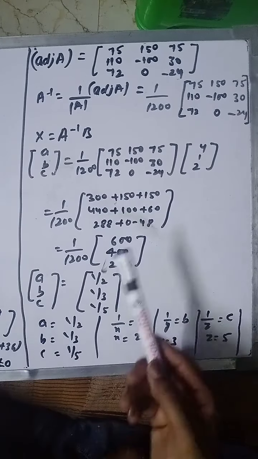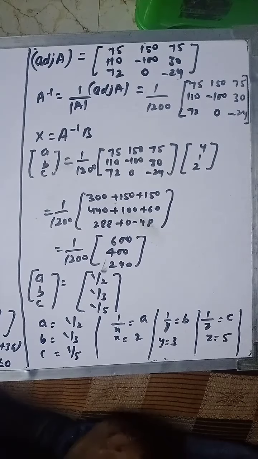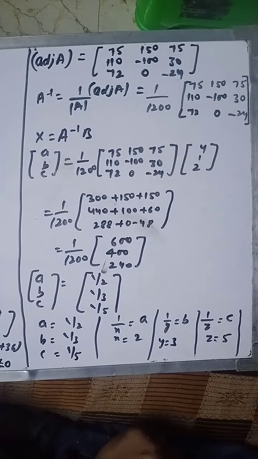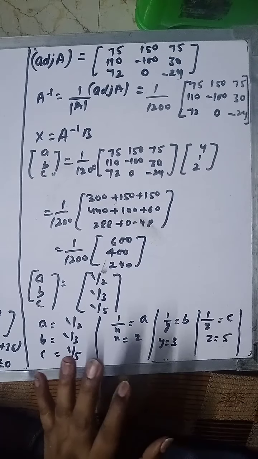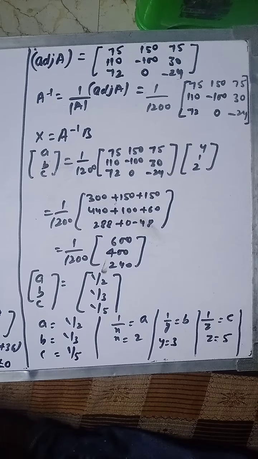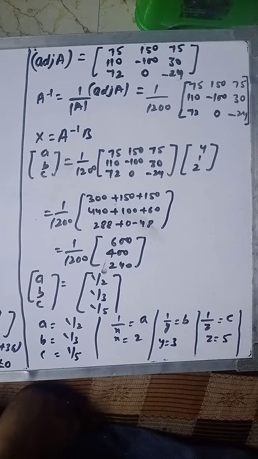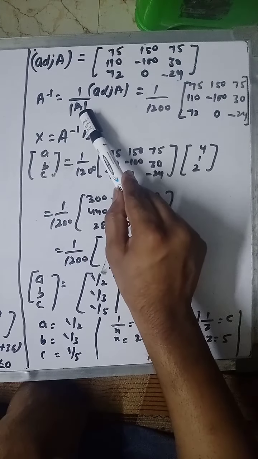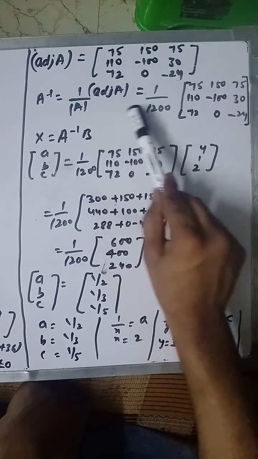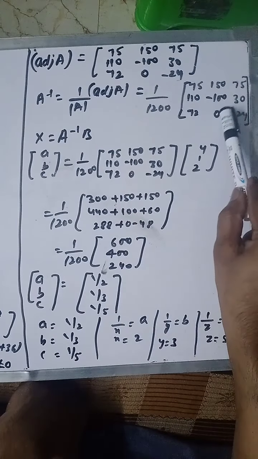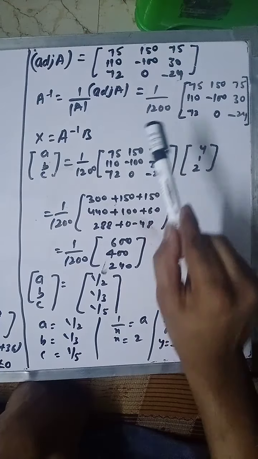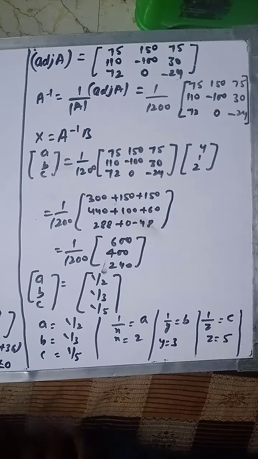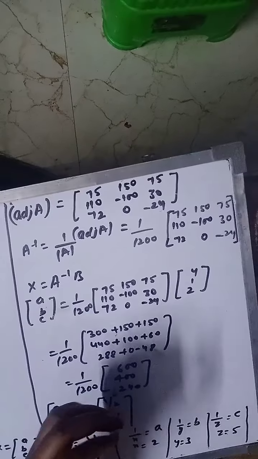Now after getting A determinant, you have to find out adjoint A. So this is your adjoint A. So I'm not showing the cofactors and minors. You have to calculate this. Okay, because we are doing this for the last 4 or 5 questions, so I think you know how to find adjoint A. So the adjoint A will be this. So your A inverse is 1 by A determinant into adjoint A. Your A determinant is 1200, adjoint A is there. So your A inverse would be this. Okay, now after this is the formula.